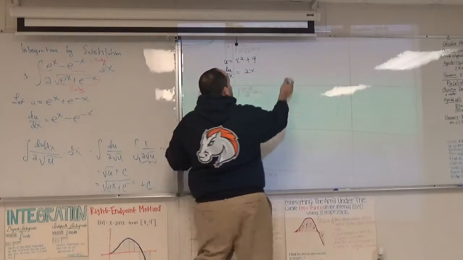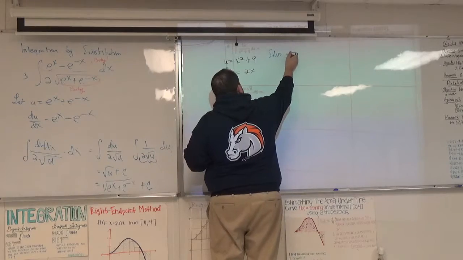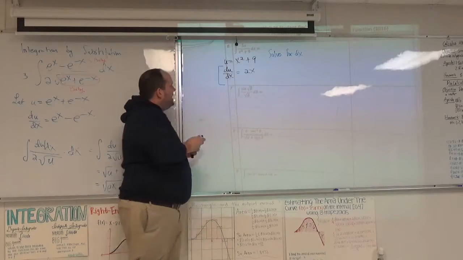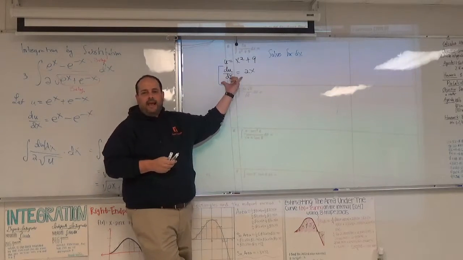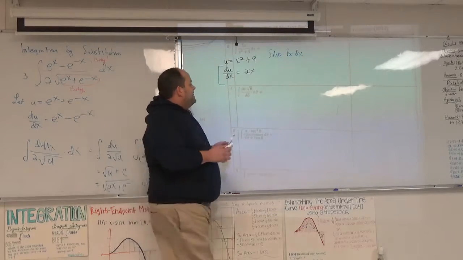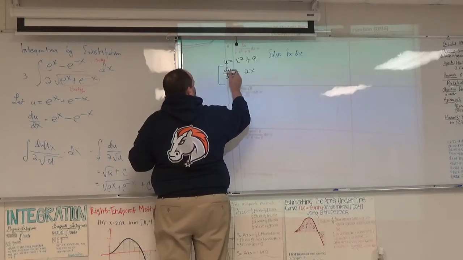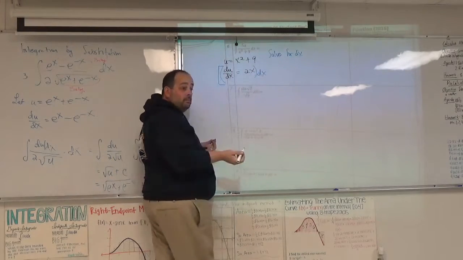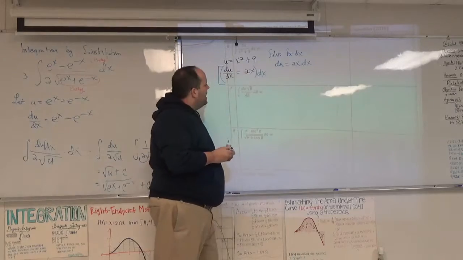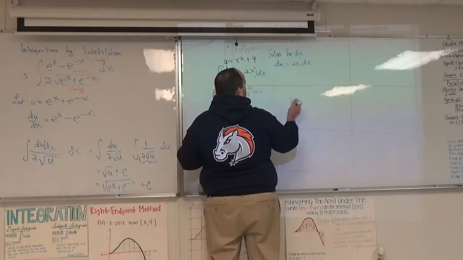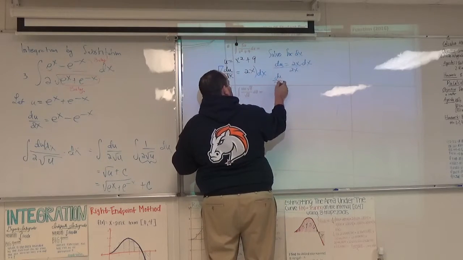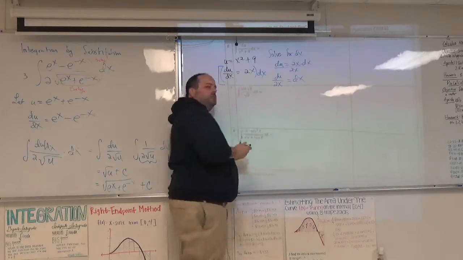Okay. Here's the different idea. What you're going to do is solve for dx. You're going to come back over here and rewrite the derivative of the baby as dx. So I want to get to dx equals something. The algebra that you would need: you could multiply both sides by dx, which is still legal. And so you're going to say that du equals 2x dx. But that's not solved for dx yet. You're going to divide both sides by 2x. And if you do that, you're going to say, oh, well, du divided by 2x is equal to what dx